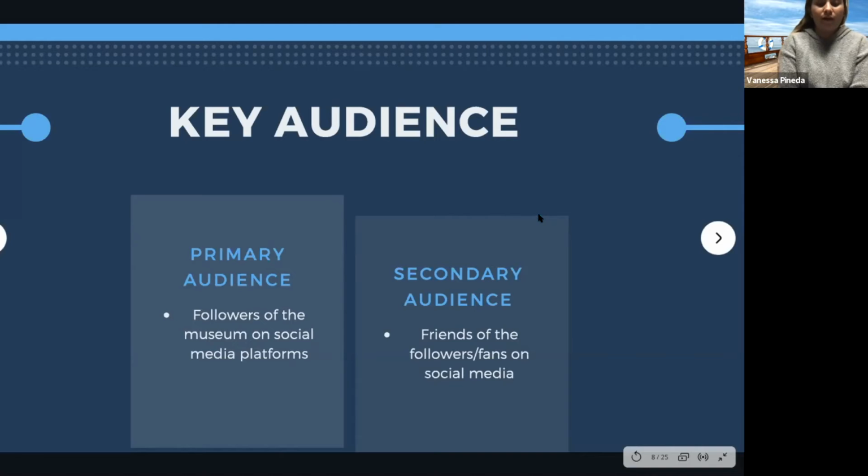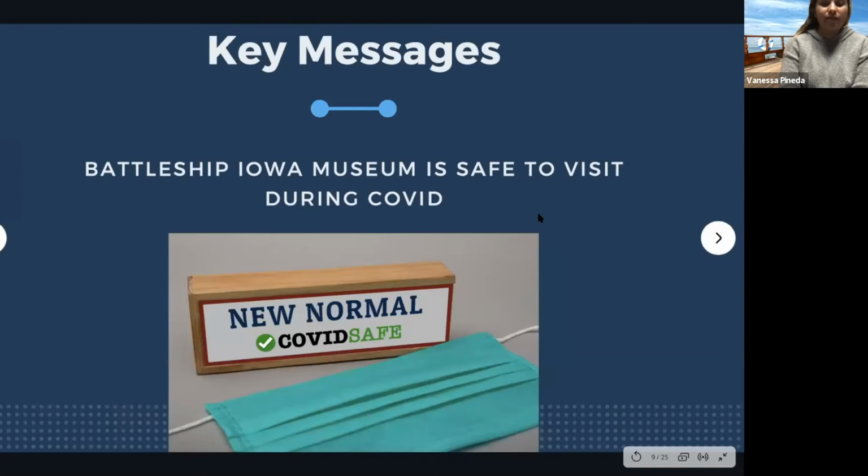So moving on to our key message. The key message, or main takeaway, that we wanted to convey through this campaign is that Battleship Iowa is a safe place to visit during the COVID pandemic. The team on the ship is doing anything and everything they can to sanitize everything and keep things safe